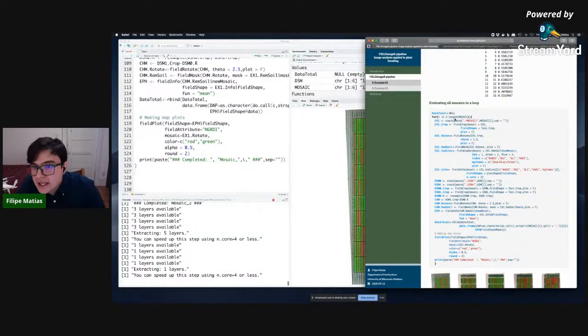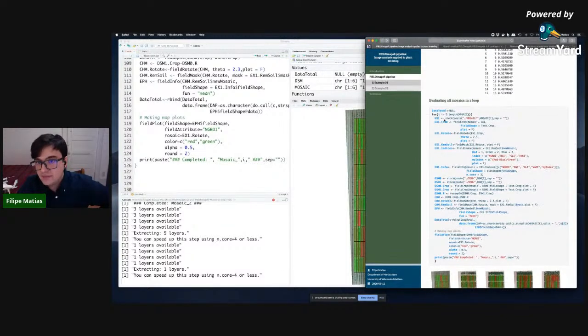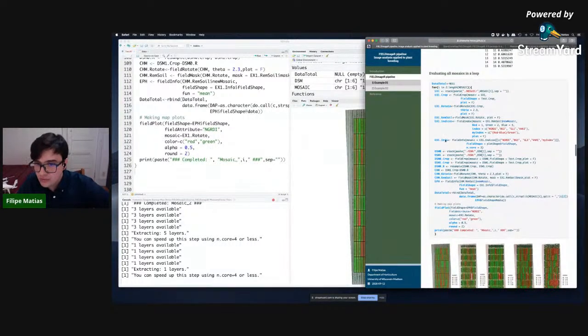Number 2, and then here the number of mosaics that we have. And again, the only difference is now instead we are using number 4, we are using y here, and all the code that we just discussed is right here. Okay, so we crop, we rotate, we remove the soil, the inputs that we're going to evaluate, extract the information,